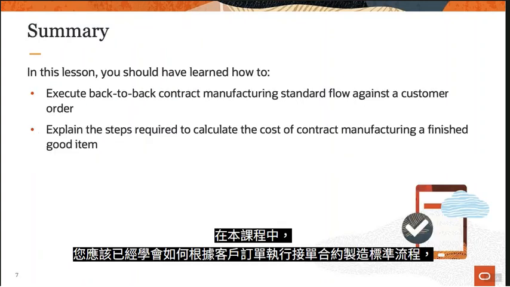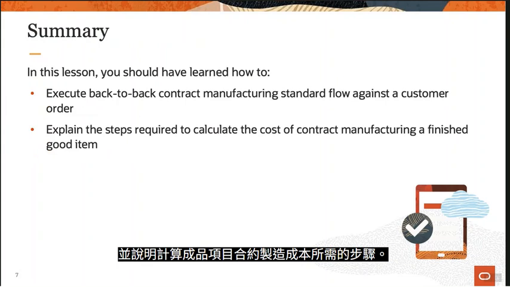In this lesson, you should have learned how to execute back-to-back contract manufacturing standard flow against a customer order and explain the steps which are required to calculate the cost of contract manufacturing for a